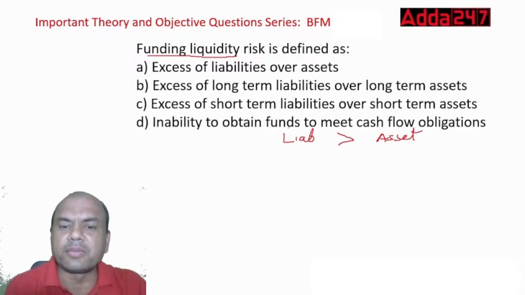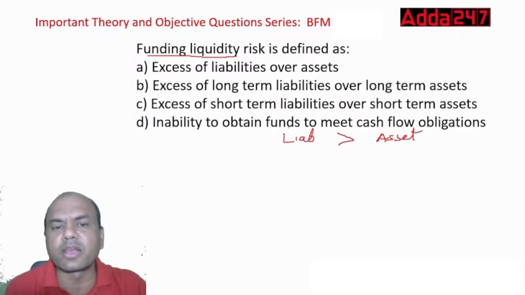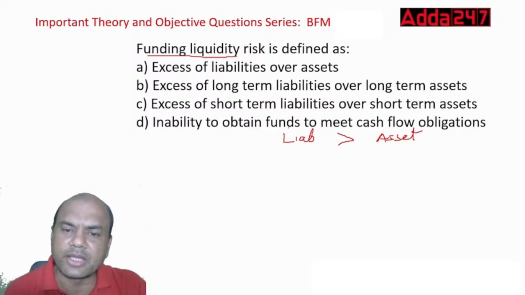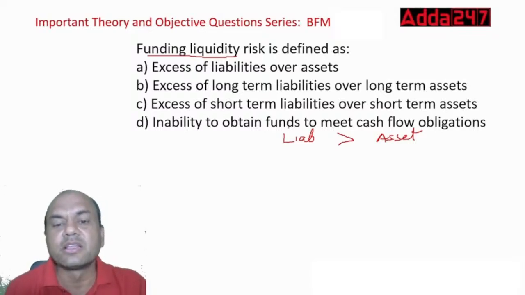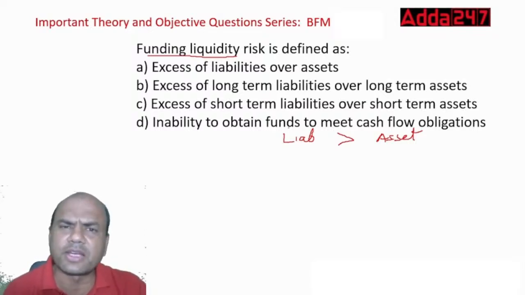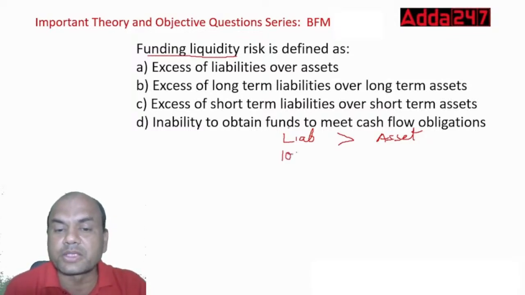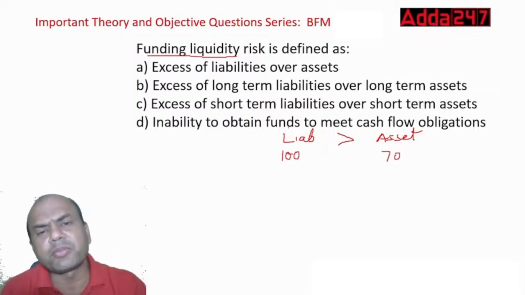Liabilities are greater than assets here. Over here, excess liabilities over assets. Here, long term over long term, but after all the same liabilities and assets. Short term over short term. Logic is the same: liabilities over assets. So the logic is liabilities are more than assets, so definitely that is the answer. Whenever I have deposits of, let's say, 100 rupees and loans of, let's say, 70 rupees, will it be a problem for me